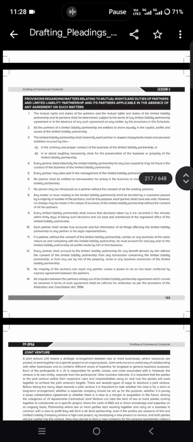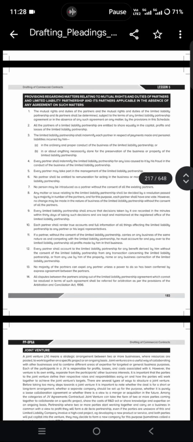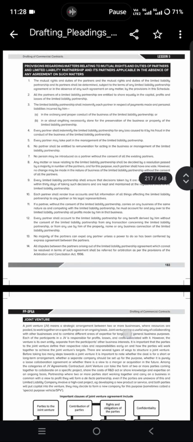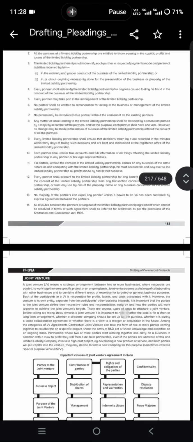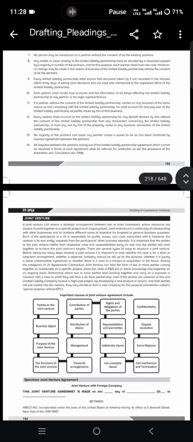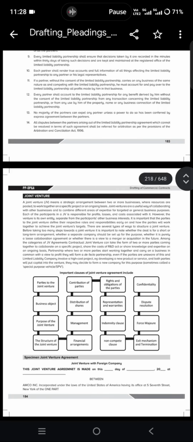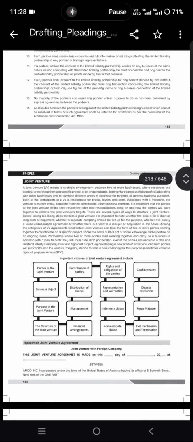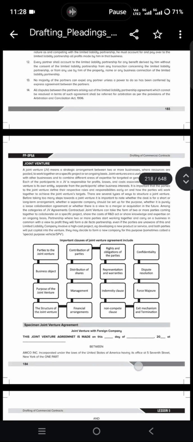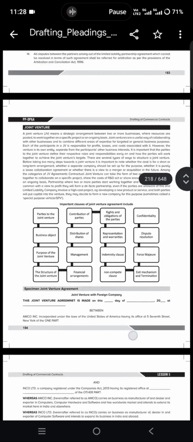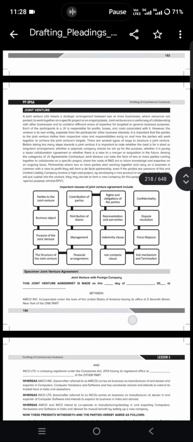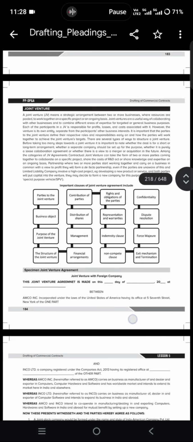Duties: every partner shall account to the LLP for any benefit derived by him without the consent of the LLP, and each partner shall be just and faithful to the other partners. Every partner shall indemnify any loss caused by his or her frauds or acts, and each partner shall render true accounts and full information. And in case any partner desires to transfer, first they should give the chance to the remaining partners. If they do not accept within 15 days of notice, then they can go to the outside market.